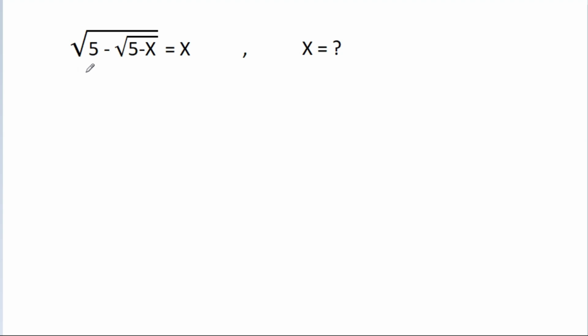In this video, we are given that the square root of 5 minus the square root of 5 minus x is equal to x. Then x is equal to what? So first method,